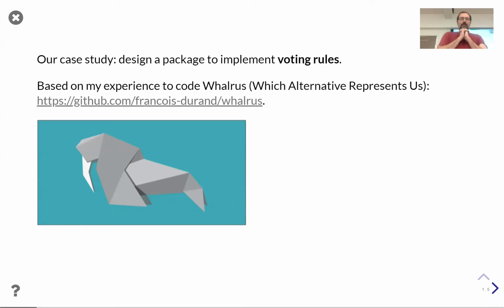So the case study for today will be the design of a package to implement voting rules. People who know me know that it's my thing, and it's based on my experience coding a package called Walrus, with an H, for which alternative represents us, and that you can find on GitHub if you're interested in seeing the differences between the simplified version of the problem that I present today and the actual version of the problem that I use.